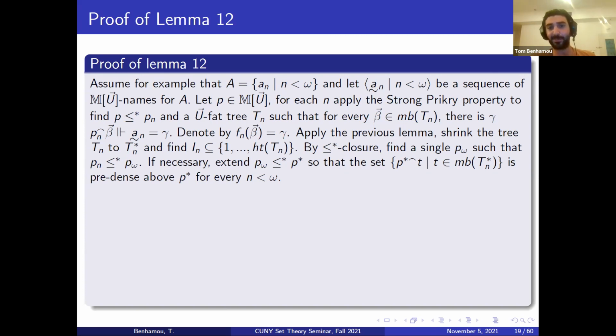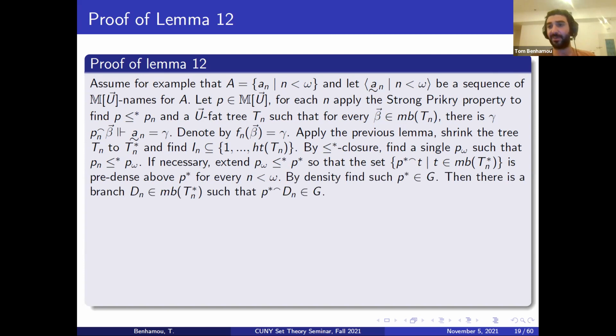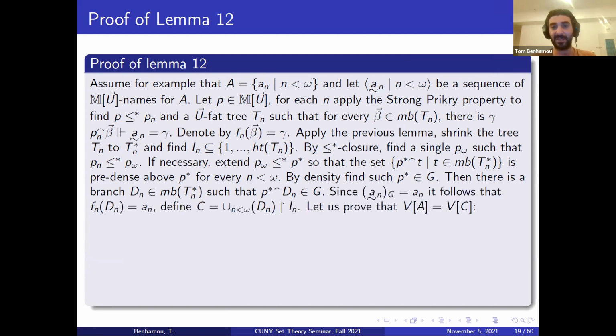Okay. So by density, let us pick such a P star in the generic G. And since we ensured that the set P star concatenated with T, where T is a maximal branch of T star n, is predense above P star, we can find a maximal branch Dn such that P star concatenated with Dn belongs to the generic G. So in the generic we have this sequence of branches Dn. Which one of them decides the value? And since the